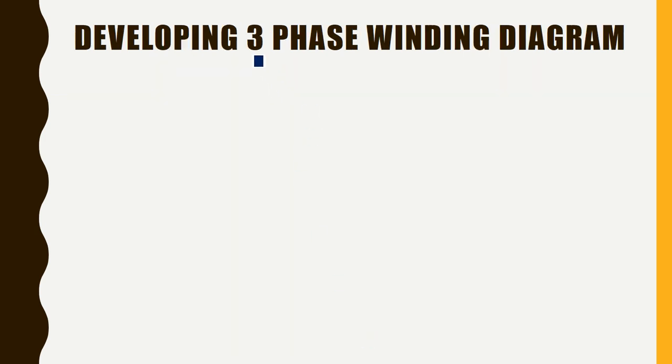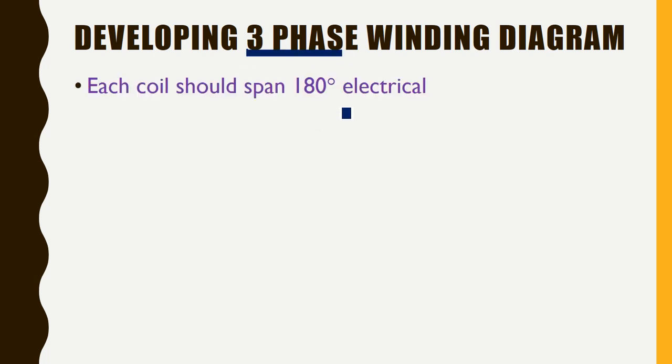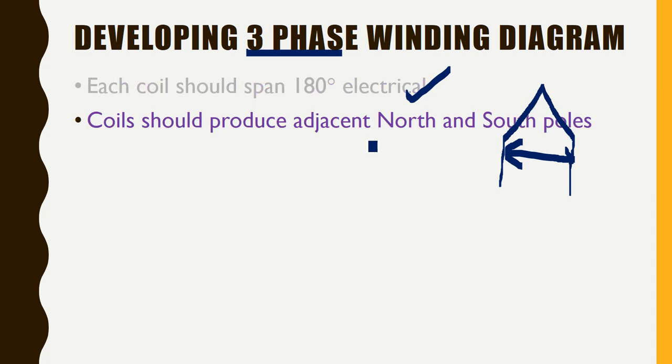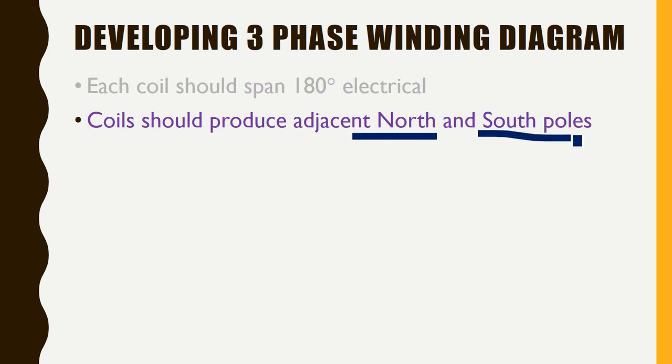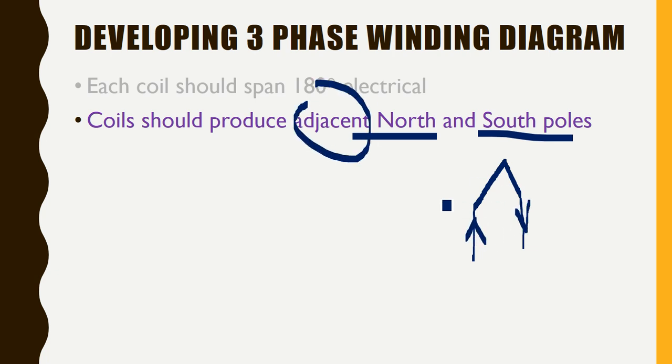Next, now we are coming to the AC winding diagram. First, three phase and single phase will be almost similar. Let us discuss. Each coil should span 180 degrees electrical. We have discussed what 180 degrees electrical is and degree per slot, everything. So it should have a span of 180 degrees electrical, and the coil should produce adjacent north and south poles. Each coil should be producing adjacent north and south. The importance is adjacent. If current is flowing in one coil side like this and the other one like this, it will automatically create N and S, but it should be adjacent ones.